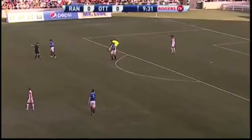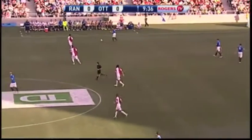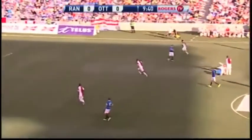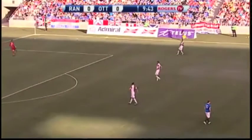Well, the way Rangers are set up right now, they started off almost in a 4-3-3 formation, but it looks like they've gone back to a 4-4-2 with McLeod out on the left, and on the right-hand side, Gallagher with Boyd and Miller up front. Miller actually was onside there. I think he thought he was offside. Boyd gets